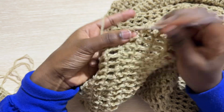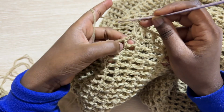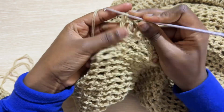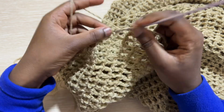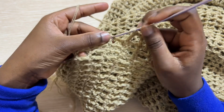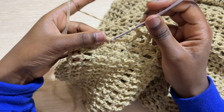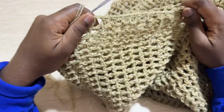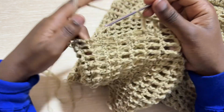But on this next box you're going to make a double crochet in the middle, chain 1, and make a double crochet at the end. Chain 1, and you're going to make a double crochet like normal. Chain 1, make a double crochet like usual. Chain 1, and make a double crochet like usual, just like that in the next 3 boxes. 1 2 3, and then